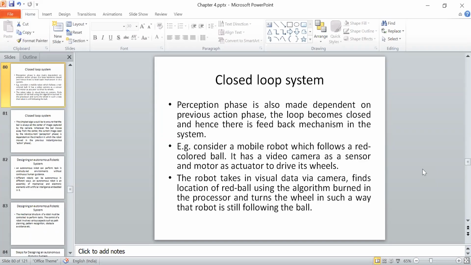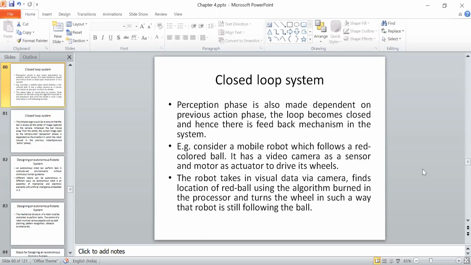ठीक है. अब अगर आपका जो बॉल मूव कर रहा है, अगर वो पिक्चर में डिस्प्लेस होता है, हमारा मेन पर्पस क्या है? टू कीप द बॉल इन द सेंटर ऑफ द इमेज. Now if your ball is not in the center of the image, then you take the picture, you process the picture, and you do certain action. Your robot will move in that direction. Once it moves in that particular direction, if the ball is displaced, now the ball is not in the middle of the image, so based on that action again the perception will change.